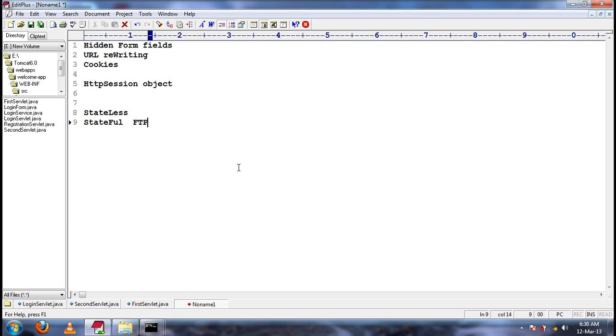For each and every browser in that client machine, there will be a specific location where cookies are stored. Let's consider this is my machine, and in my machine there is Firefox, IE as well as Chrome. For Firefox there will be one location, for IE another location, and for Chrome another location where these temporary internet files are stored.